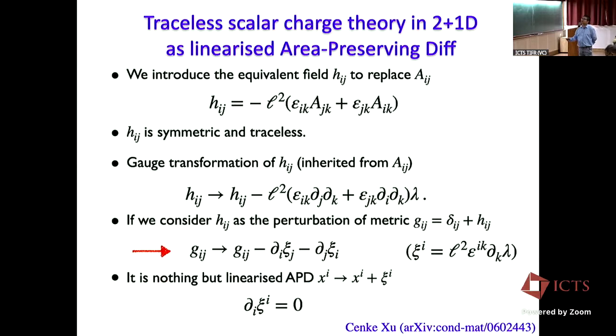At this moment, I show you the equivalence between the symmetric tensor gauge theory and the area-preserving diffeomorphism at the linearized level. If you want to go to the nonlinear level, we need to promote the